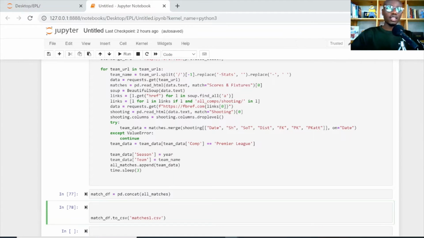there's a capital letter, there's a couple of S or T, like shots on target is S, capital S, small o, then capital T. I want all of them just to be small caps. So let's just say match_df, I think it's here. Let's just say the columns themselves, we want them to be equal to